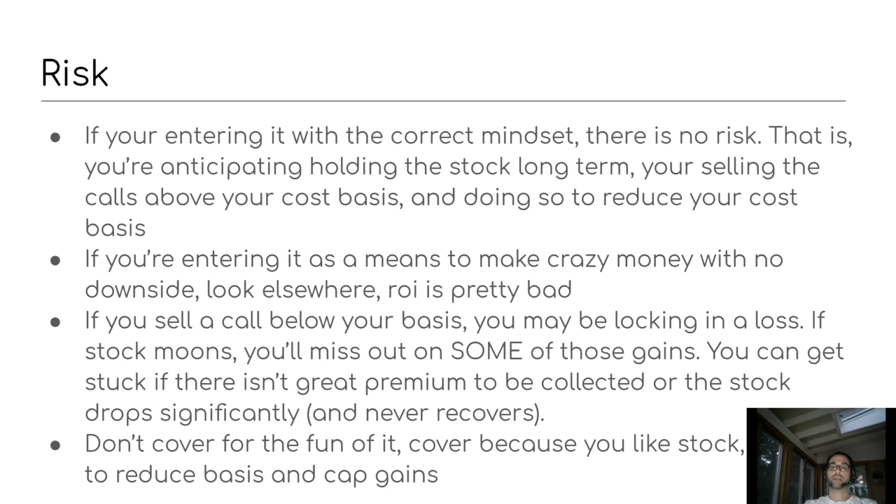The other thing is, not only could you have locked in a loss, but if the stock moons, if it shoots up to the moon, you're going to miss out on some of those gains. You will get some, because ideally you're selling the strike out of the money, a couple strikes up, a couple dollars up from where the stock is trading at, where your cost basis is. So you'll make some money on those couple dollars plus the premium you collected. But